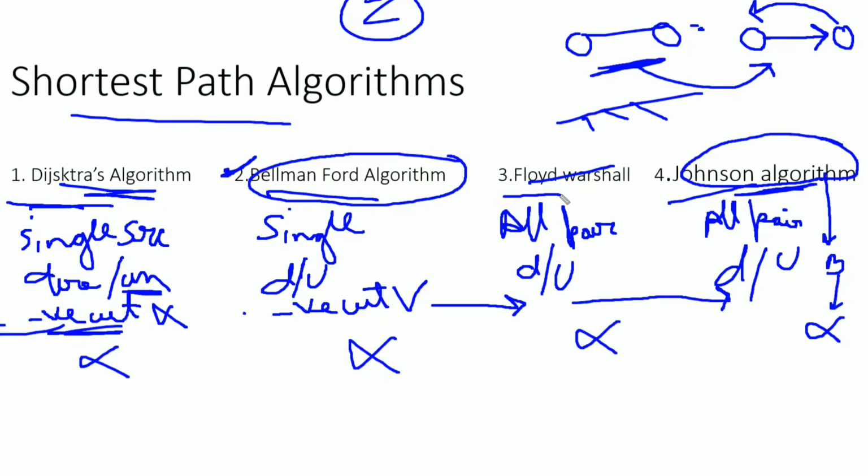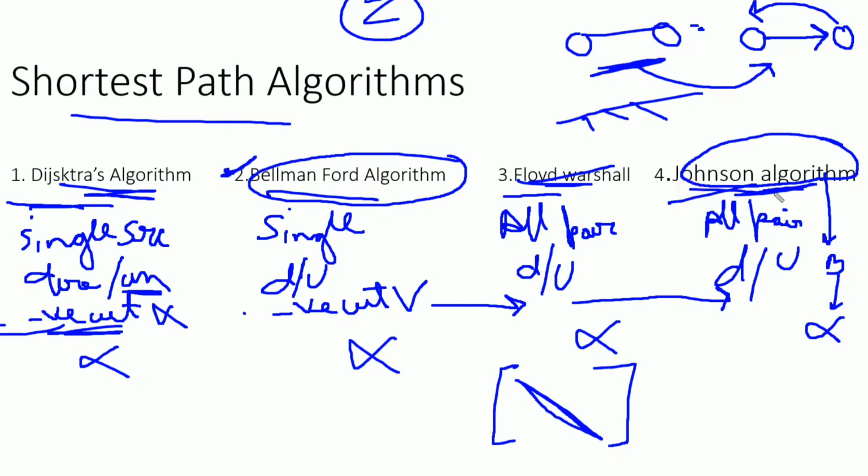Now next is Floyd-Warshall. In Floyd-Warshall, we are basically using the concept of intermediate vertex. First we have to create the matrix, then we use intermediate vertices in order to find the shortest path. After computing the Floyd-Warshall algorithm, if the diagonal part of the final matrix has any negative value, it means that this graph contains a negative weight cycle. And if it has a negative weight cycle, it will not give the correct shortest distances.